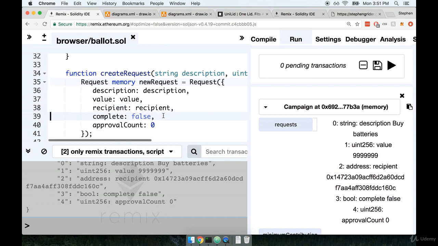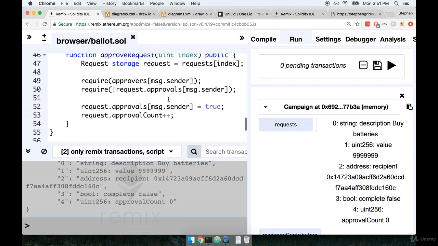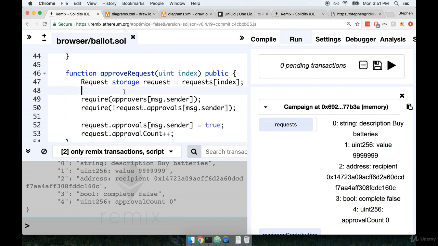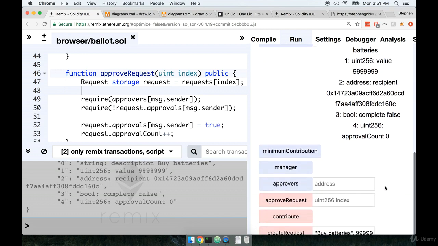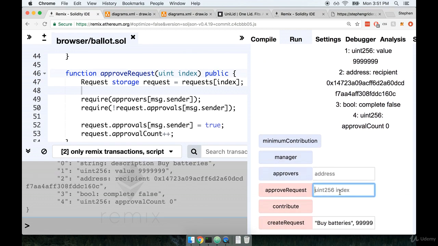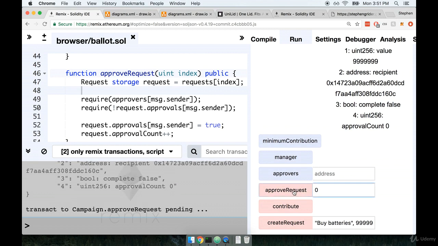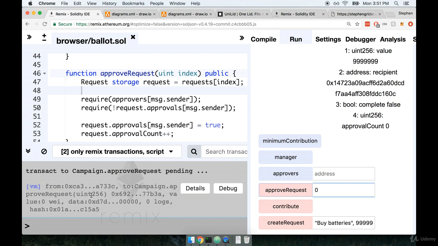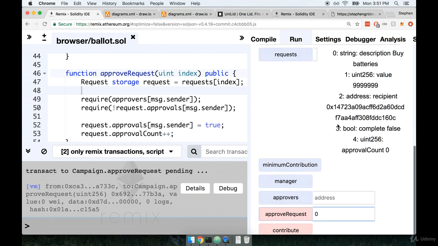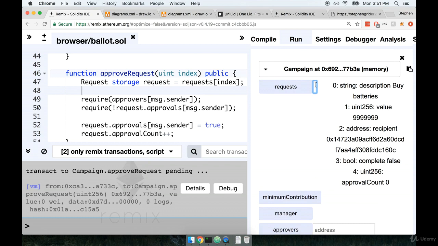The next thing I want to do is to attempt to approve that request. So I want to approve that one, and then we should be able to verify that approval count goes up by 1. So if I scroll back down to approve request right here, I want to approve the request at index 0. So I'm going to enter in a 0, and then I will click on approve request. Okay, so that looks good right there. Now if I try to retrieve the request at 0 again,